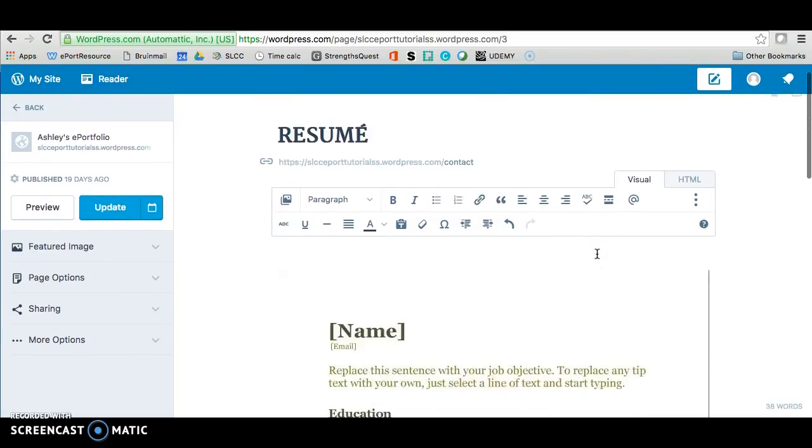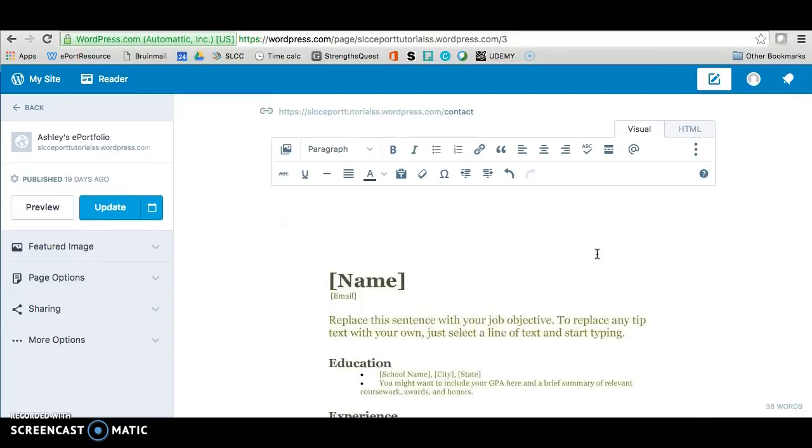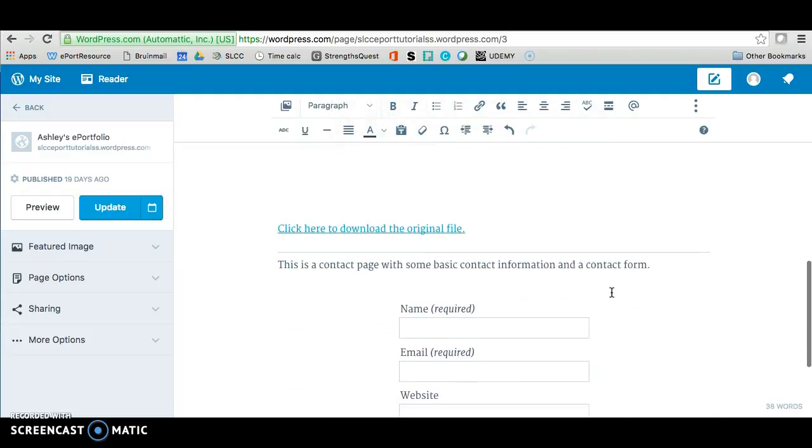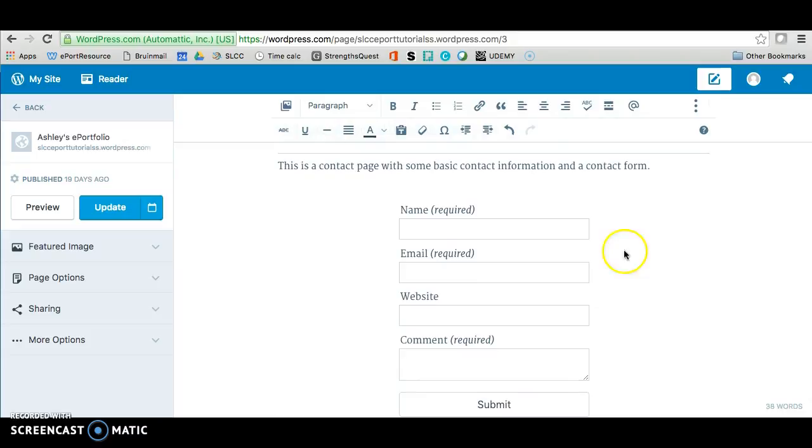If you don't want to use your resume on here, you can use the contact form that was provided on your resume page. So I'm going to leave this here, but we're going to pretend that I don't have my resume on here. So this is probably what it looks like before you put your resume on there. All you need to do is just change this sentence so it gives your visitors instructions on how to use the contact form. So it needs to say something like, please fill out the form below to contact me for my resume.